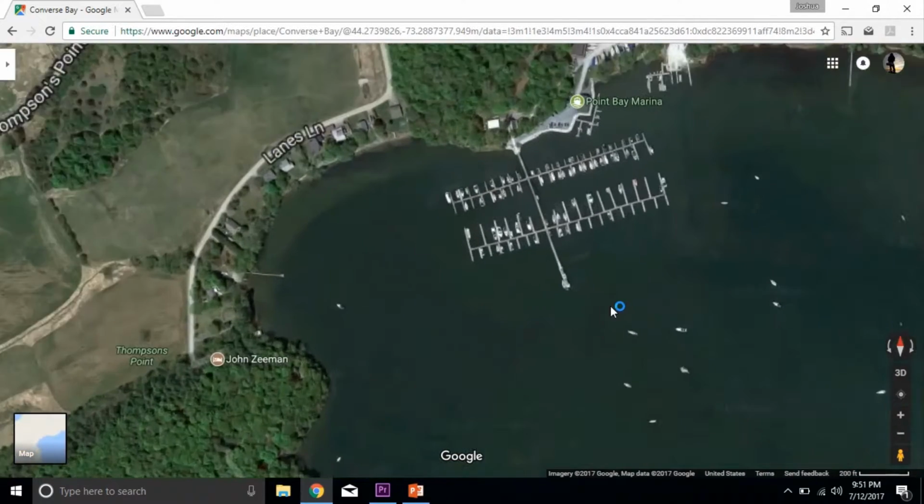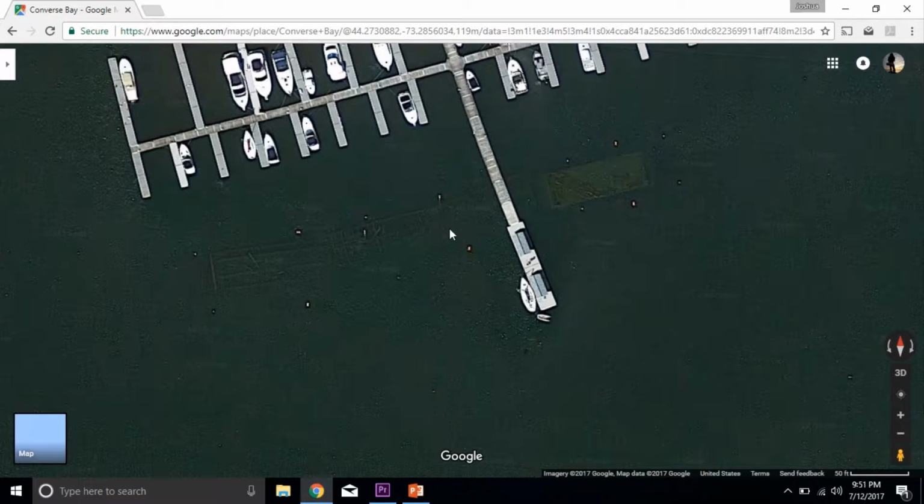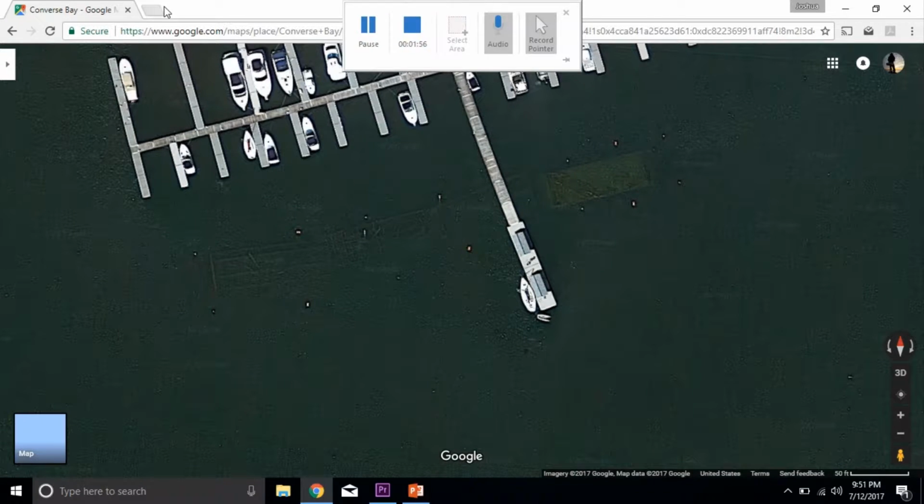So I'm going to zoom in right here. Look at that. That's kind of cool. So there's kind of some sort of sunken structure here. Either it's a cribbing, which it doesn't look like really. I can see that from space, which is kind of cool. So I'm going to mark that on my Navionics. So I'm going to go to